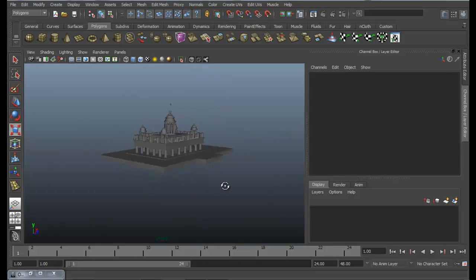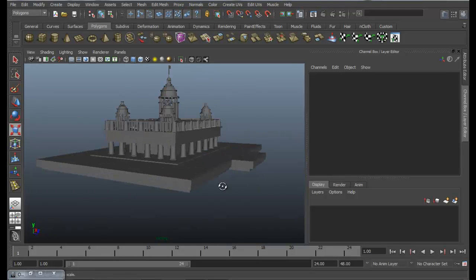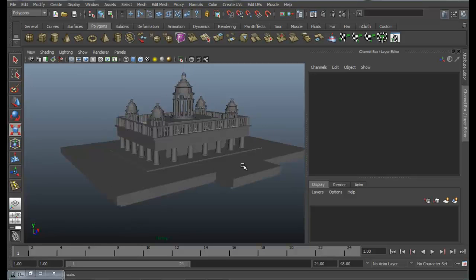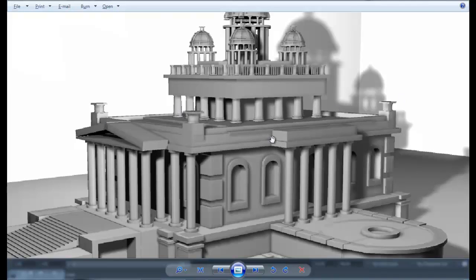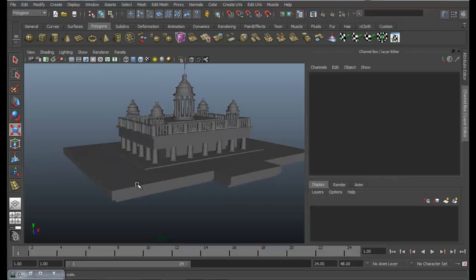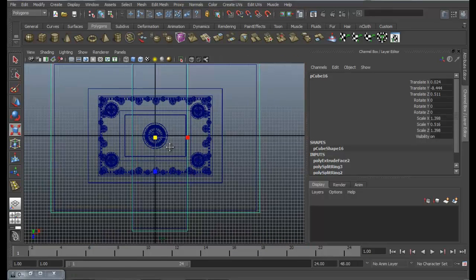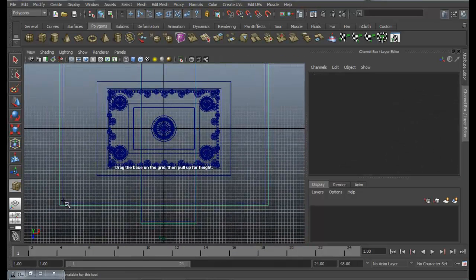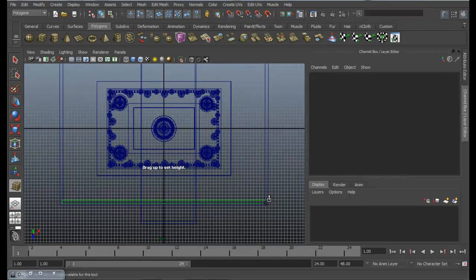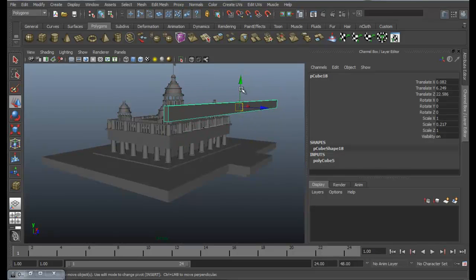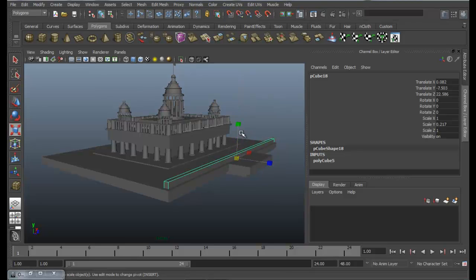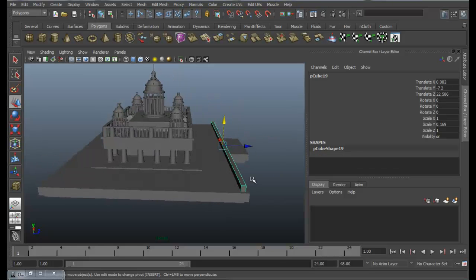Okay, now we'll create this small bar for this one as well, but not this kind of complex, just a simple one. So for that, first of all, I'm going to create a long box, just small size of this one. Okay, and duplicate it.